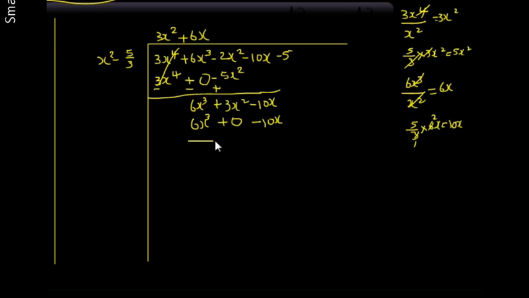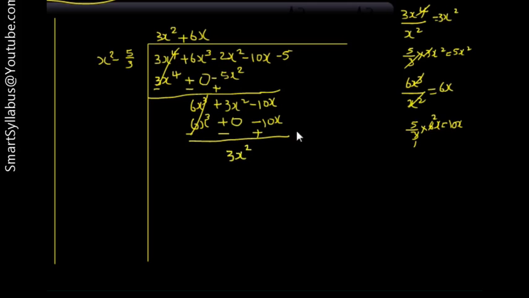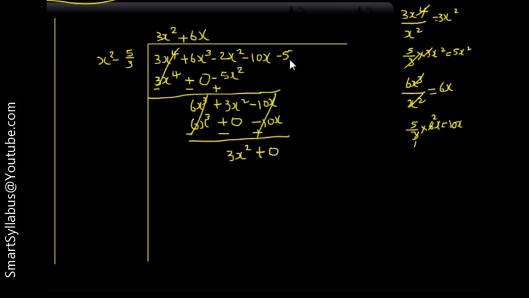Now again subtract these two by changing the sign. So here plus is there, we write minus, plus will change into minus, minus will change into plus. 6x cube minus 6x cube gets cancelled, this term with the 0, nothing can be done, so write as it is 3x square. Next, minus 10x plus 10x, both are having the same number but different signs, so they get cancelled, so here 0. Take down the minus 5.